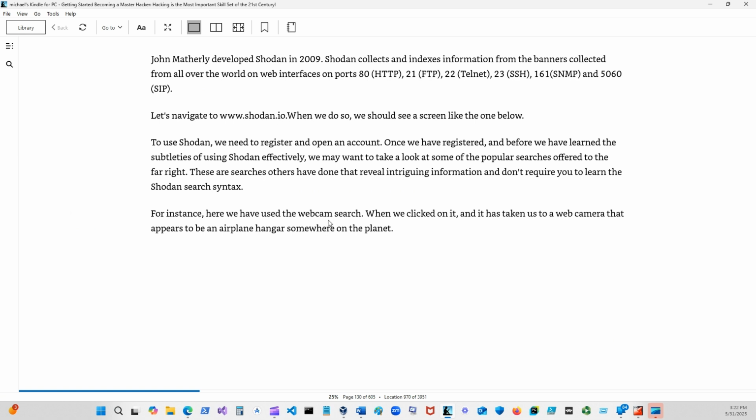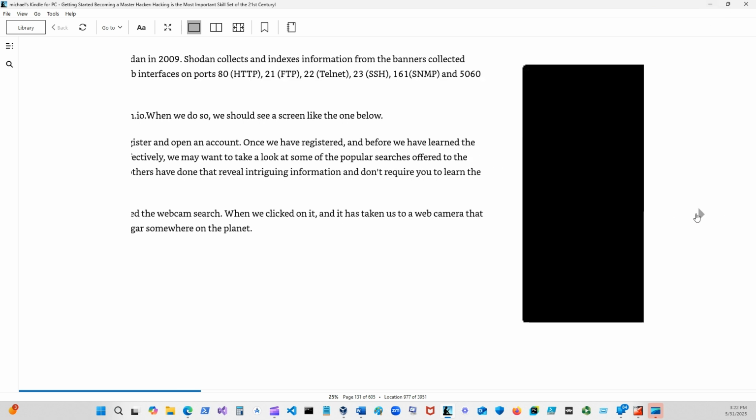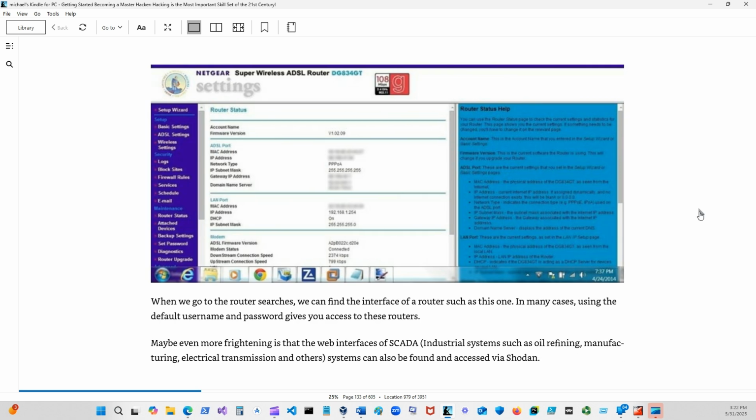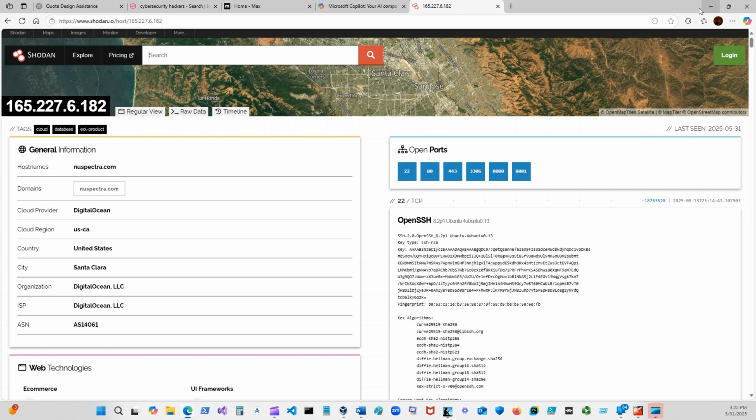Okay, for instance, we have used the webcam search. We click on it. Router searches.